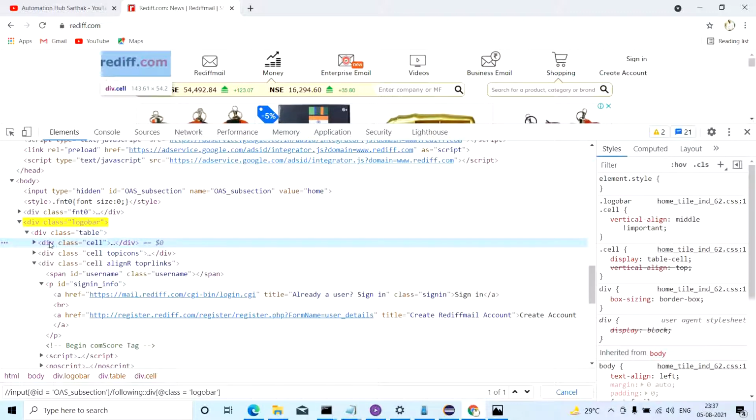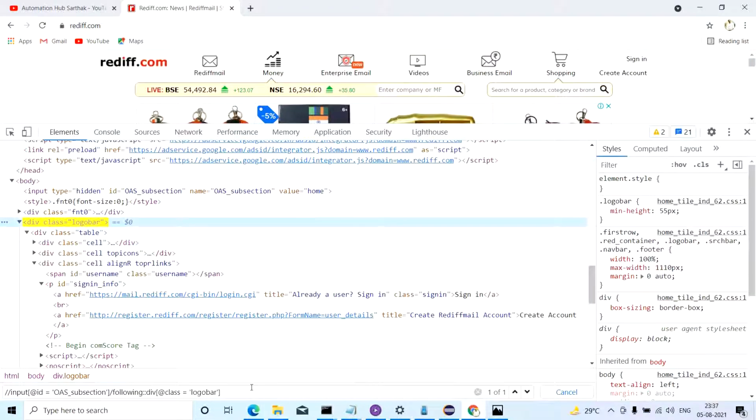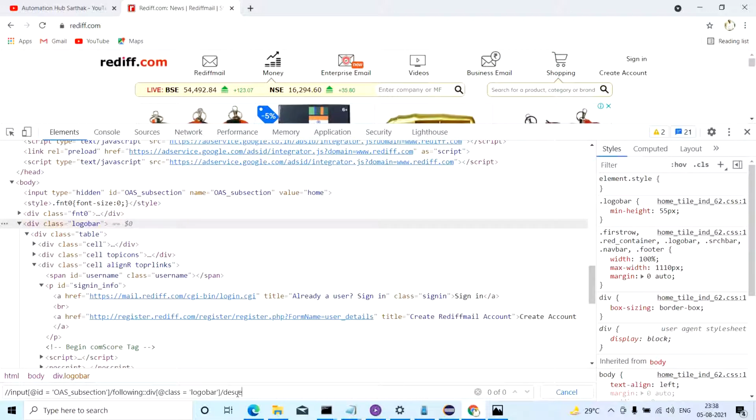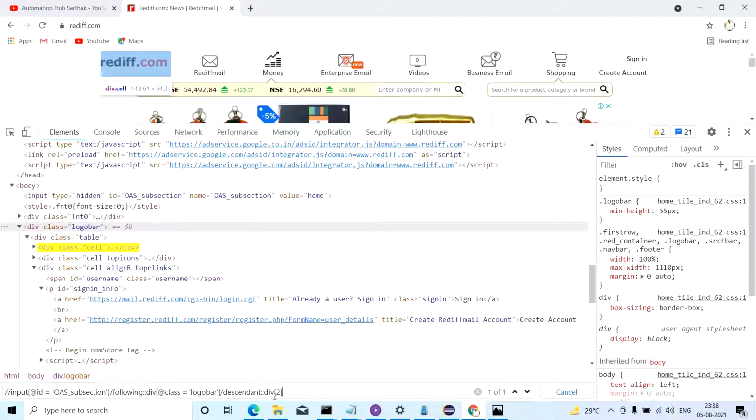So technically, this div is the descendant of this, like the grandchild of this. So what I'm going to do is write descendant colon div and write 2. So now this is fine, 1 of 1, and you are at the grandchild.